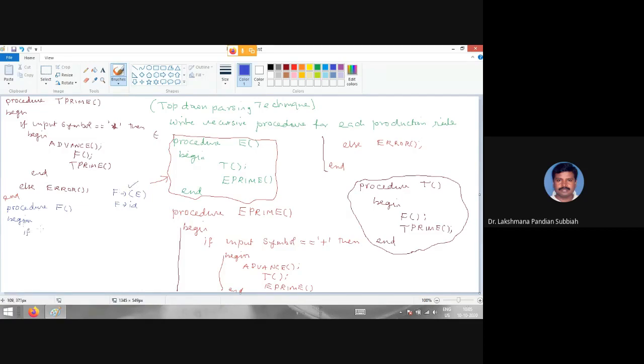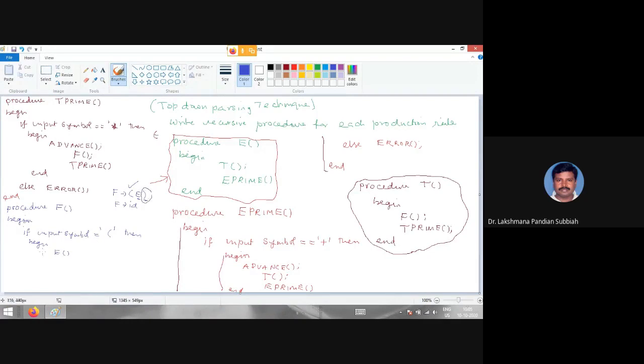If input symbol equal to open bracket, then we have to begin that one. Call the procedure for E, right? Then after calling the procedure, we are having another input symbol, close bracket.